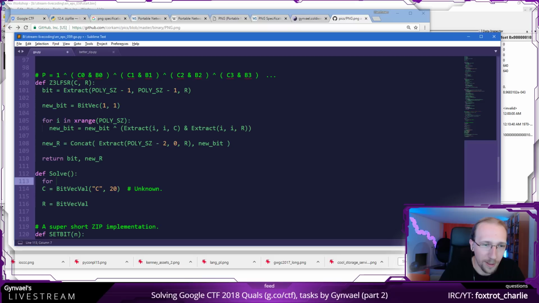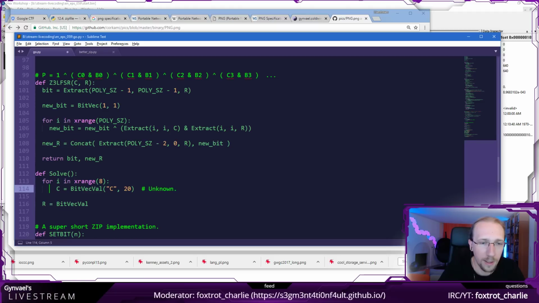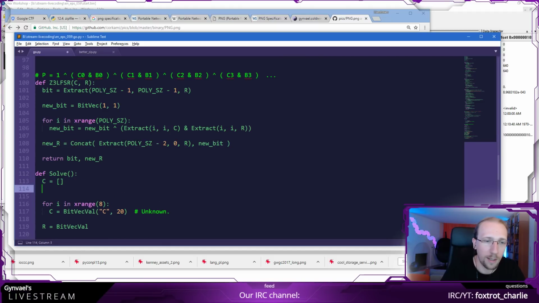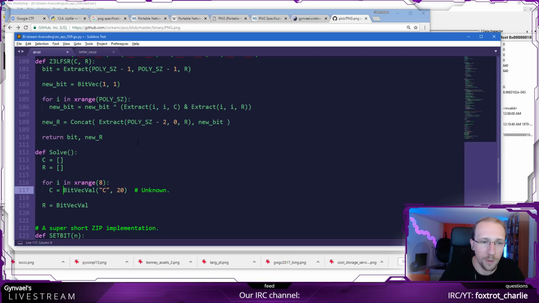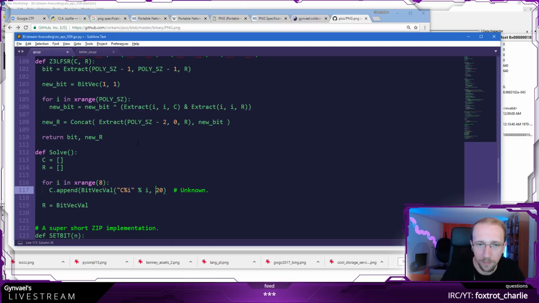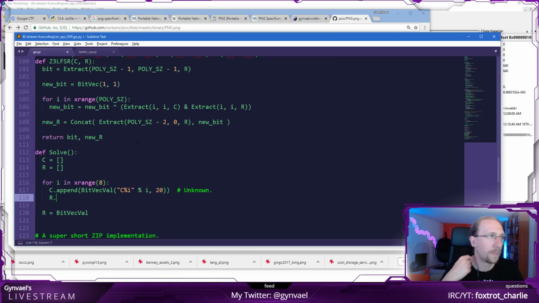So for i in this range 8. Let's make C an array, and let's make register state an array as well. So C append this, and here I'm actually going to do an iterator. Yeah, okay. So these are our unknowns now, like in the plural form, multiple of them.